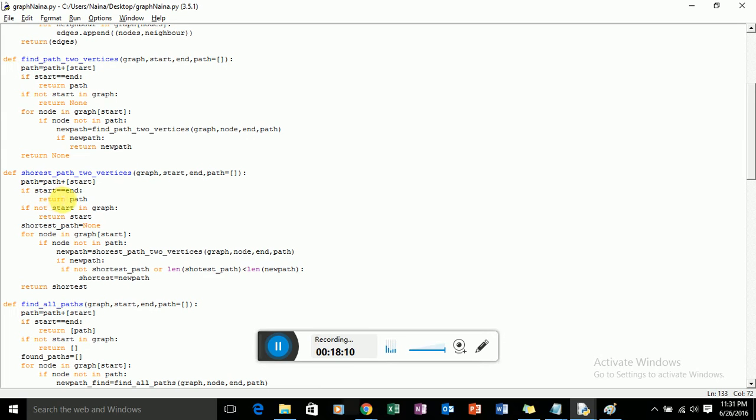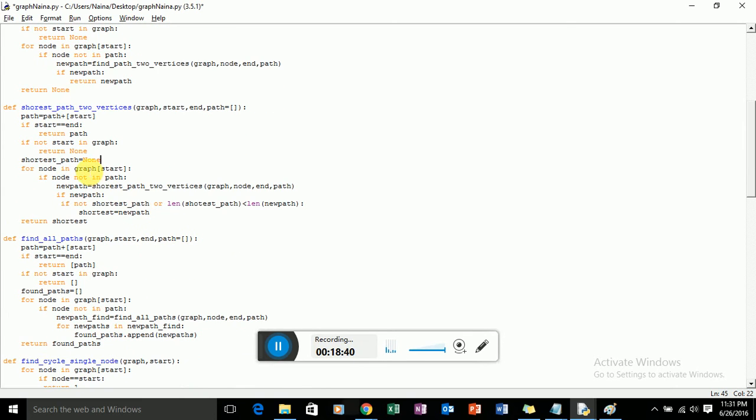Then if both are the same, it will return the path itself, that is vertex A. If the start vertex is not present, if not start in graph, then it will just return none. Okay, yeah, now the shortest path. Shortest path is equal to, now I have taken this variable, I've initialized as none.